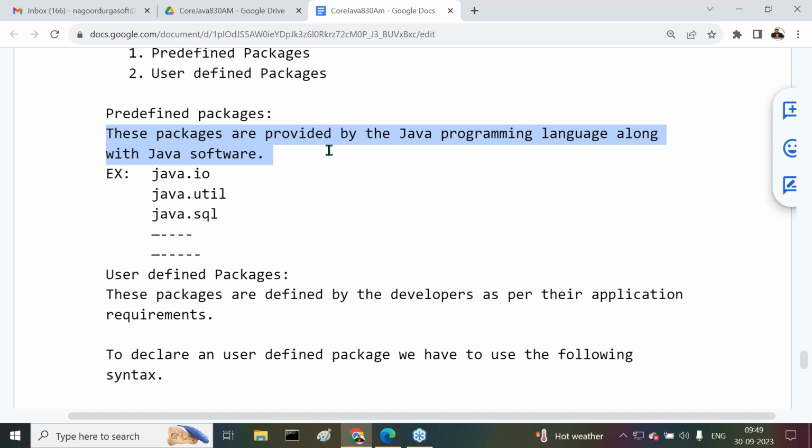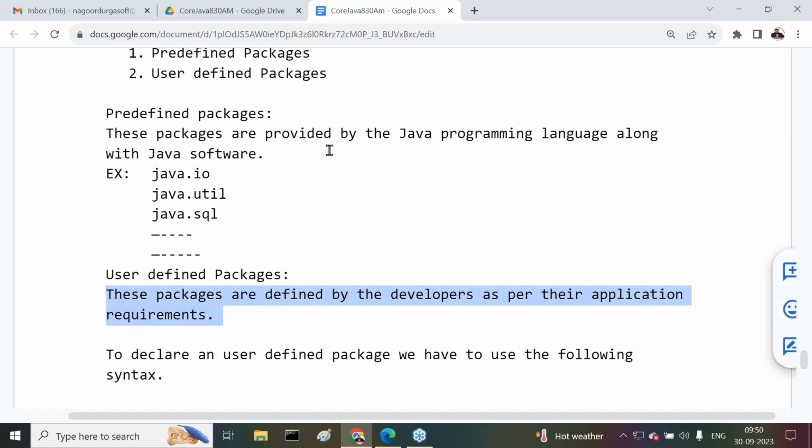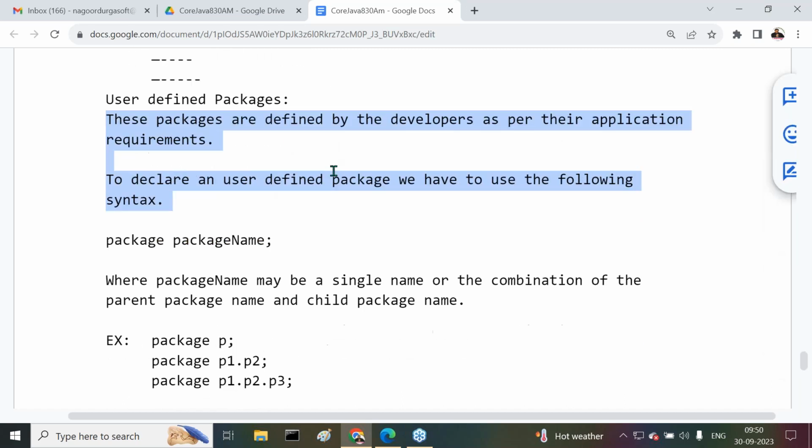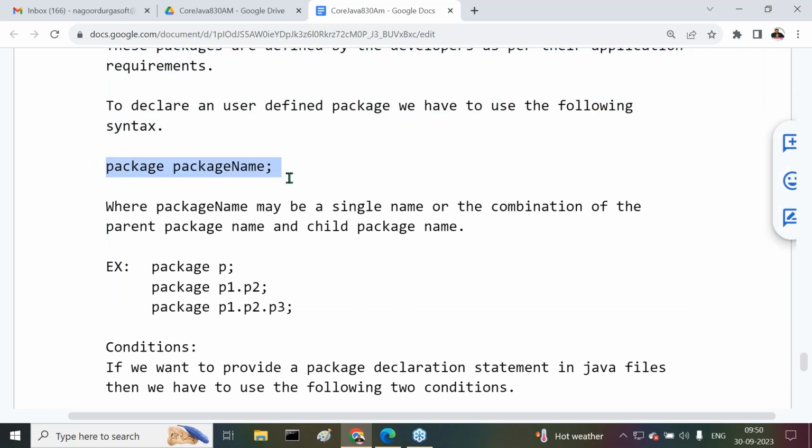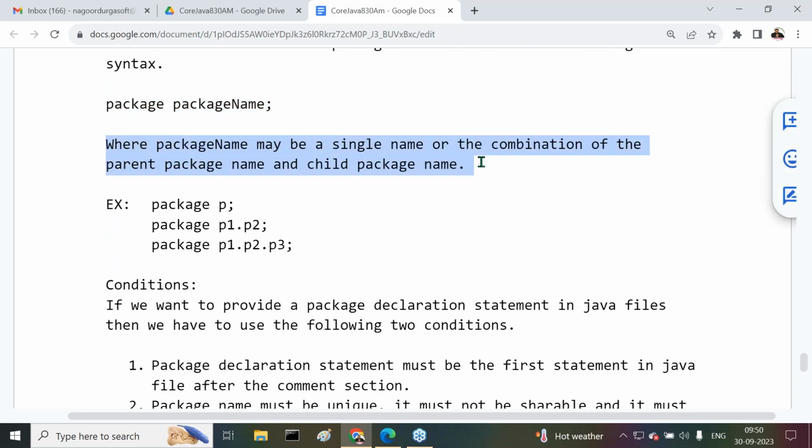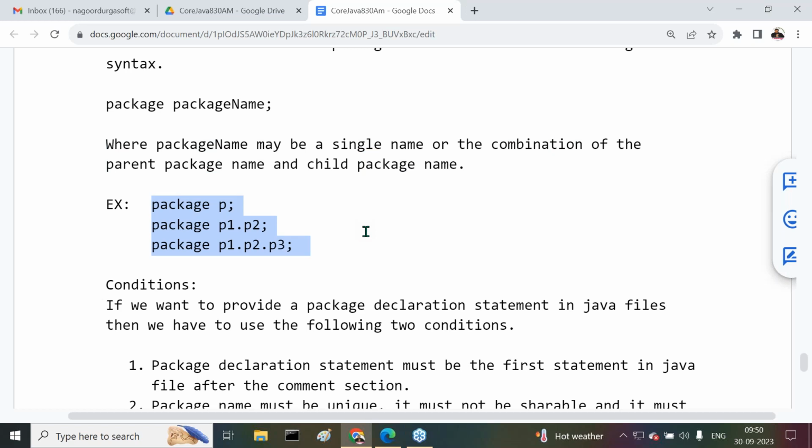Predefined packages are provided by the Java programming language along with Java software. Examples are java.io, java.util, java.sql. Next, user defined packages. These packages are defined by the developers as per their application requirements. To declare a user defined package, we have to use the following syntax: package package name; where package name may be a single name or the combination of the parent package name and child package name. Examples: package P; package P1.P2; package P1.P2.P3;